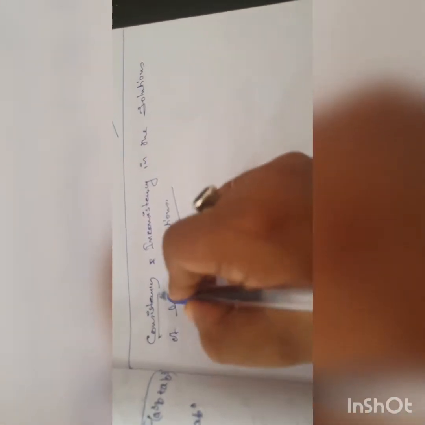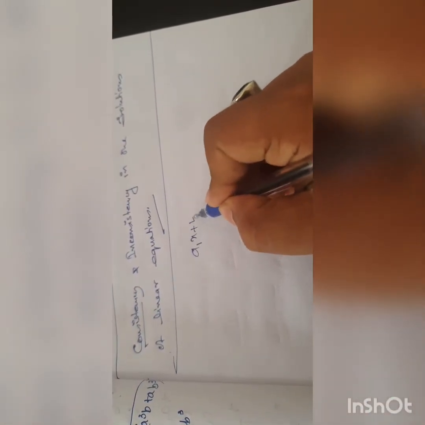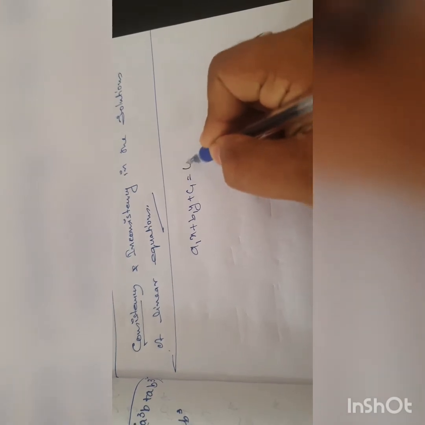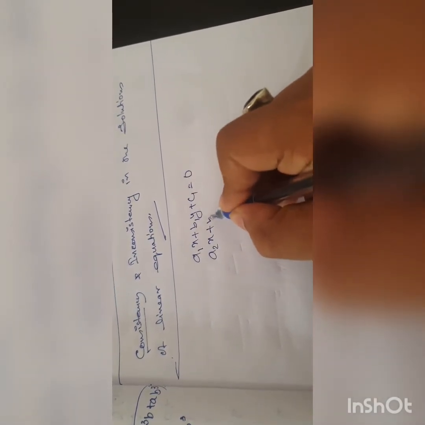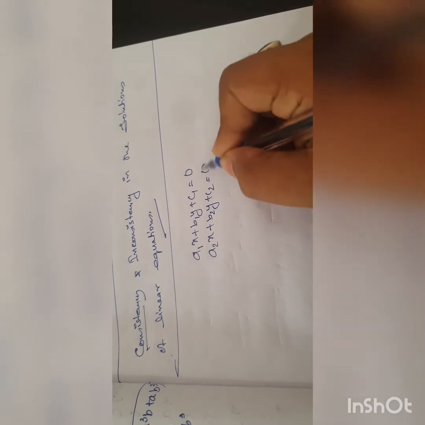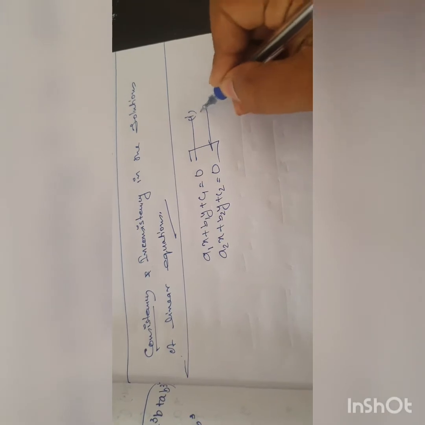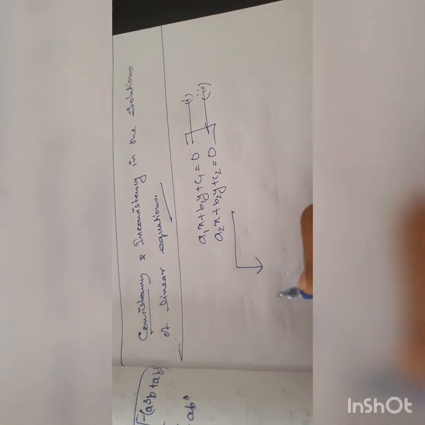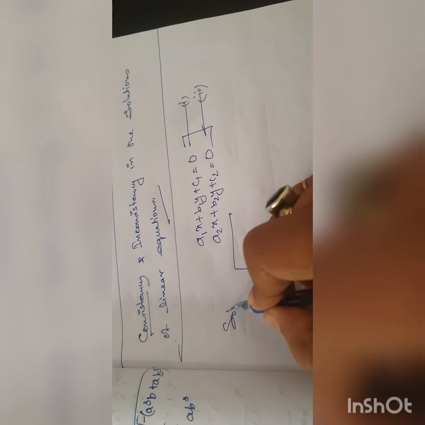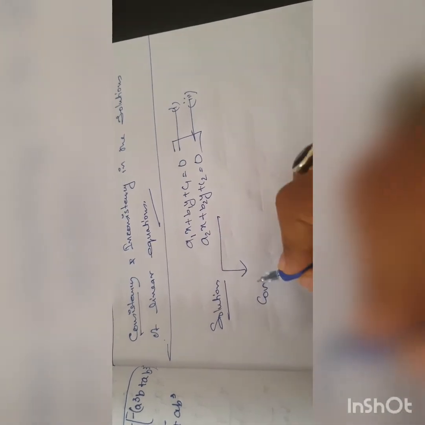Consistency and inconsistency in the solutions of linear equations. Always remember that if two linear equations, a1x plus b1y plus c1 is equal to 0 and a2x plus b2y plus c2 is equal to 0, are given, two sets, equation 1 and equation 2, the solutions can be consistent,